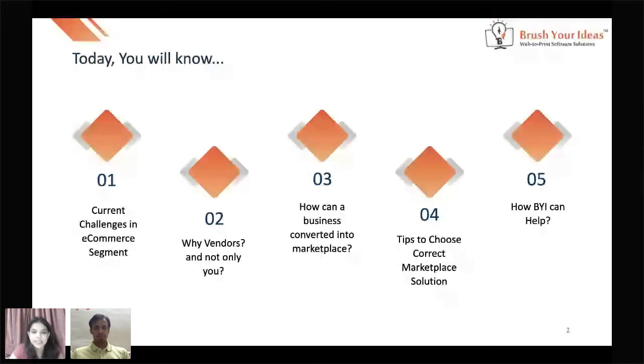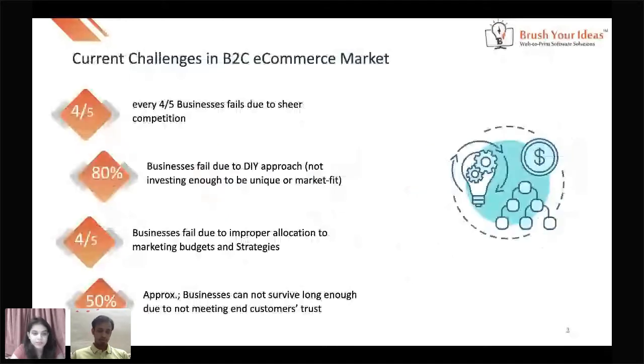To start with the challenges, there are a few listed on the next page. Let me quickly move on to the next page. Okay, so the challenges that are being faced in the current B2C e-commerce market. You need to be aware of all these things before jumping in, because your marketplace would be placed over here, and you first need to know the loopholes that the previous players already in this market have faced.